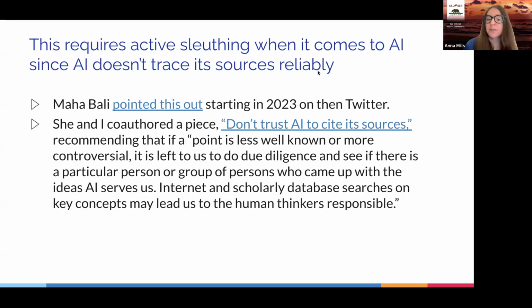You can try to tell it to, but this is something that Mahabali, Open Educational Practices leader, has pointed out starting in 2023. She was documenting cases where she asked a chatbot to explain what the phrase white supremacy culture means. And it was essentially plagiarizing Tema Okun, I think, without citing that author. And so we wrote this piece arguing